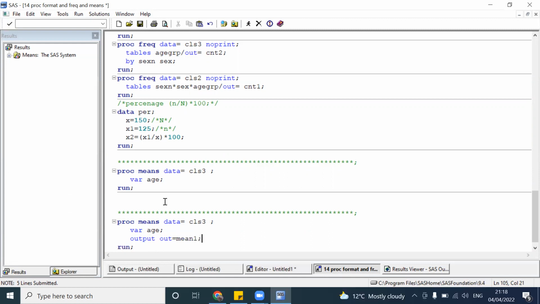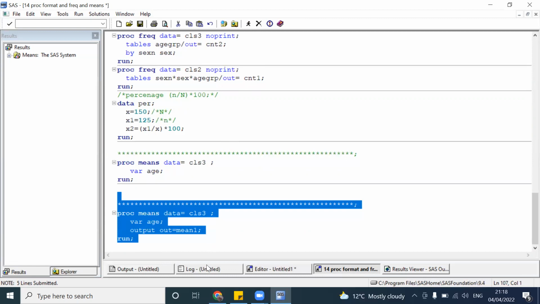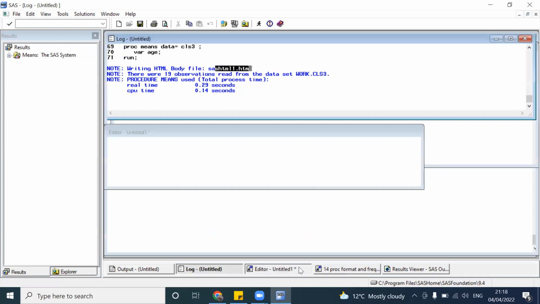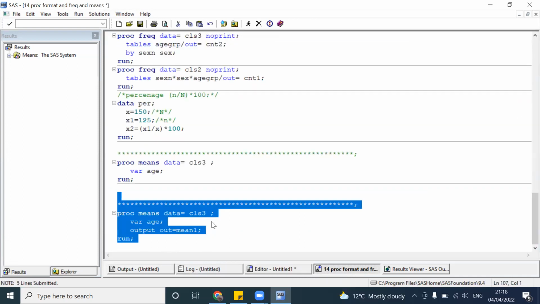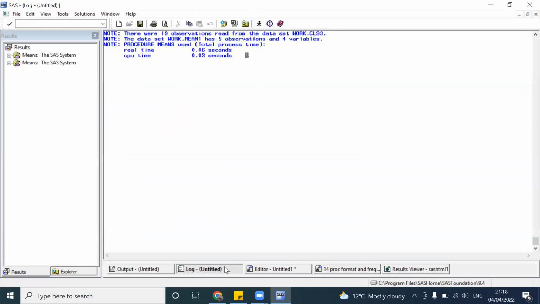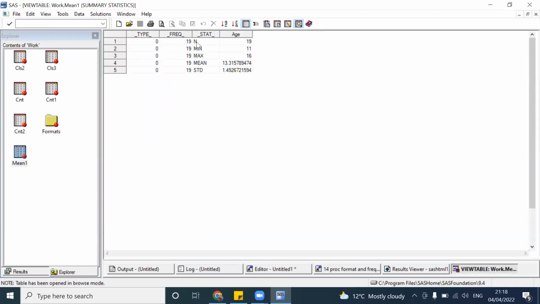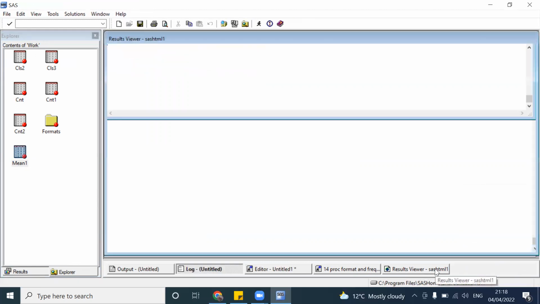So when I execute this program, previously there is no data step creation. It is only printing inside this HTML output method. Now I just created the output data set name, right? So you can see here the main one. In main one, you can see the values n, mean, max, min, std. Like that we'll get basic statistics